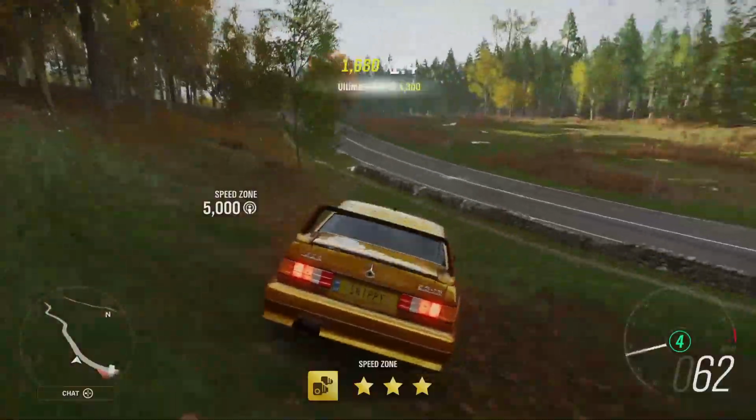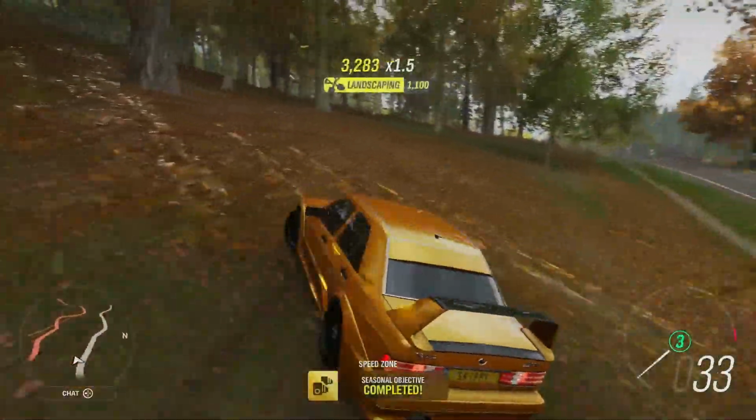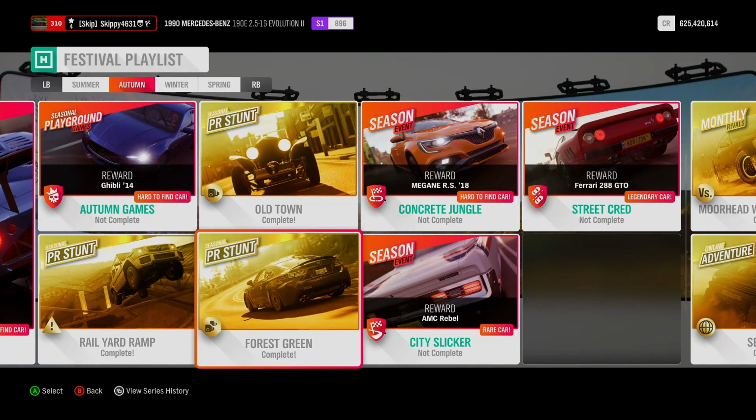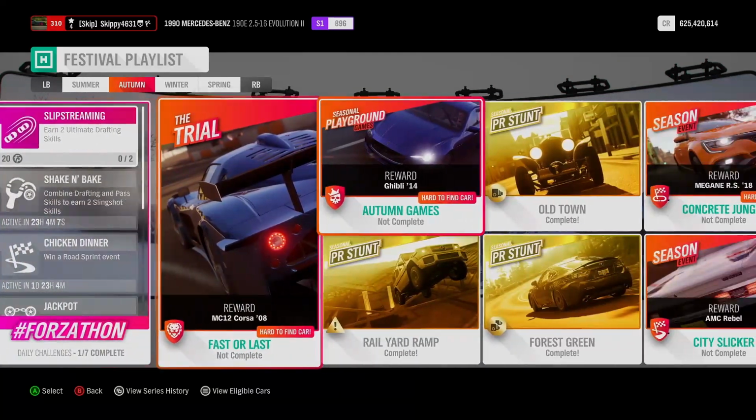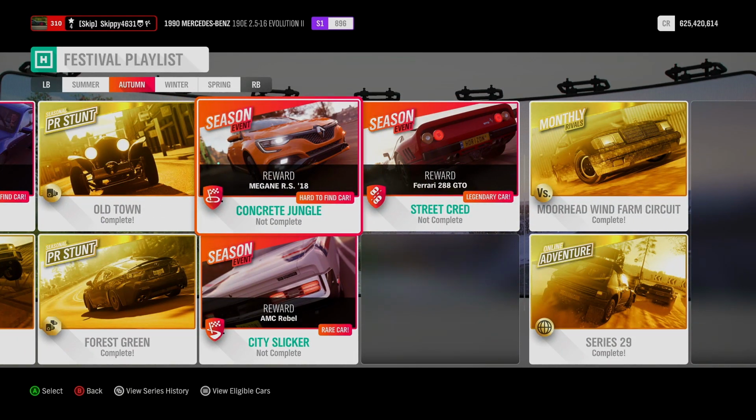132.11 miles an hour, 3 stars, seasonal objective completed. And with this week's Speed Zone now complete, that's worth another 7% towards our autumn season. Just the 3 seasonal championships to go. I'm going to go ahead and get these done, and I'll meet you back here with what I used and